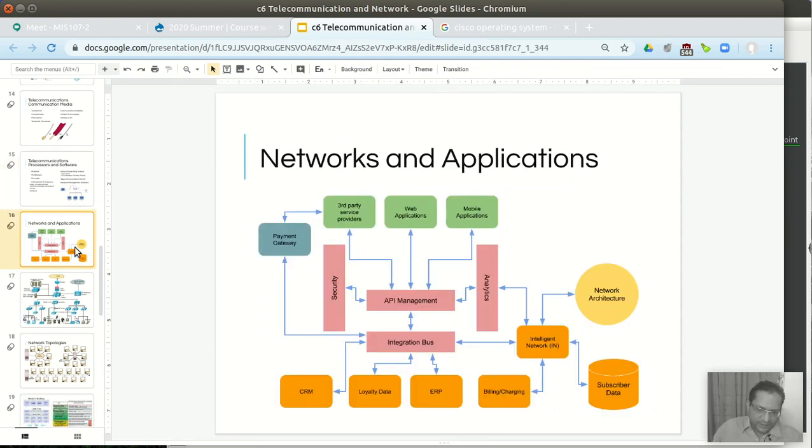Next, we have business systems with very many components. So what do we have? We have a payment gateway. We have a third party. Through the network we connect to a third party.